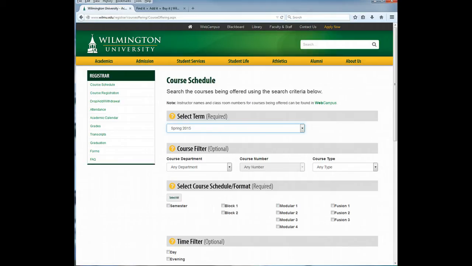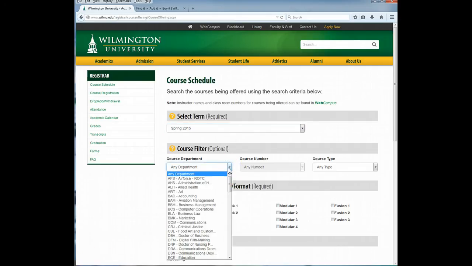One of the questions I frequently get from Web Information Systems majors is, why do I need to learn databases? I want to build web pages. So I wanted to show you an example of how databases are used in conjunction with web pages using the Wilmington University website. If we go to the course schedule area and we click on the department drop-down menu, most